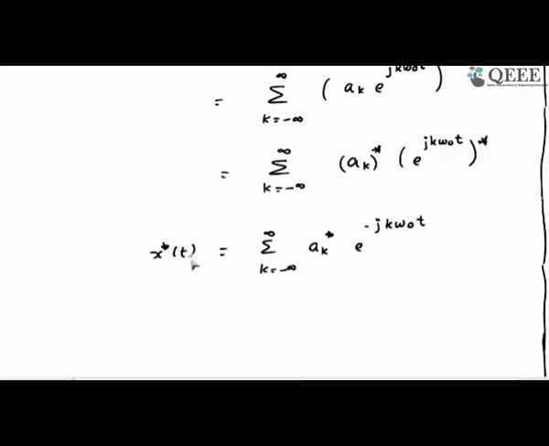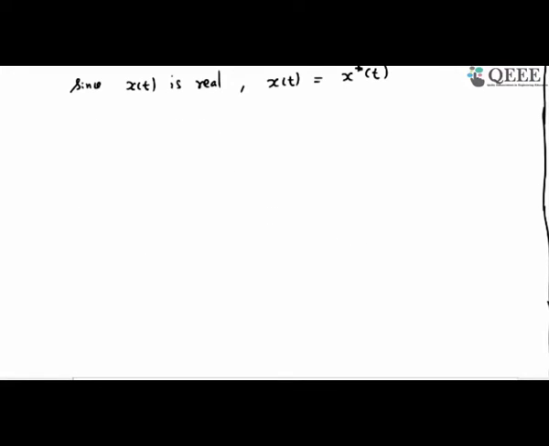We know that since x of t is real, x of t is equal to x star of t. So this is the Fourier series representation of x star of t, and we already saw the Fourier series representation of x of t. So we have x of t is sigma k equals minus infinity to plus infinity